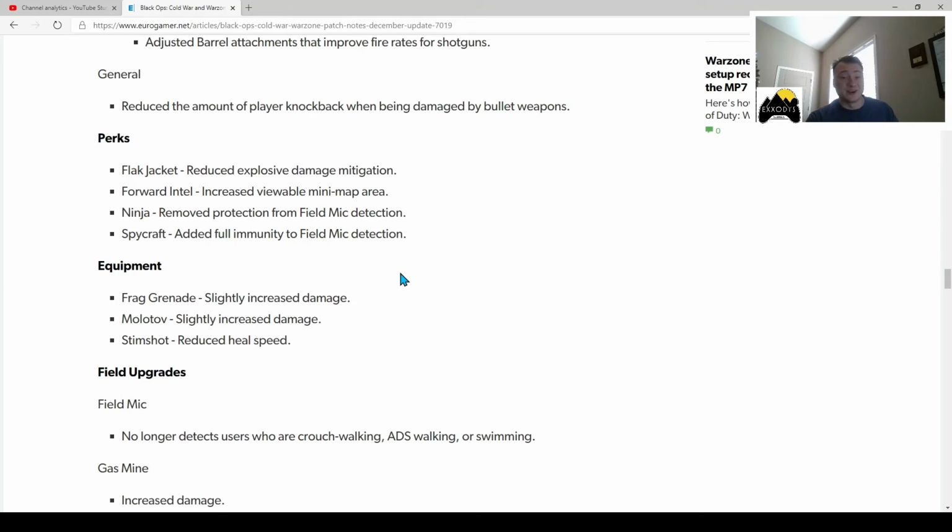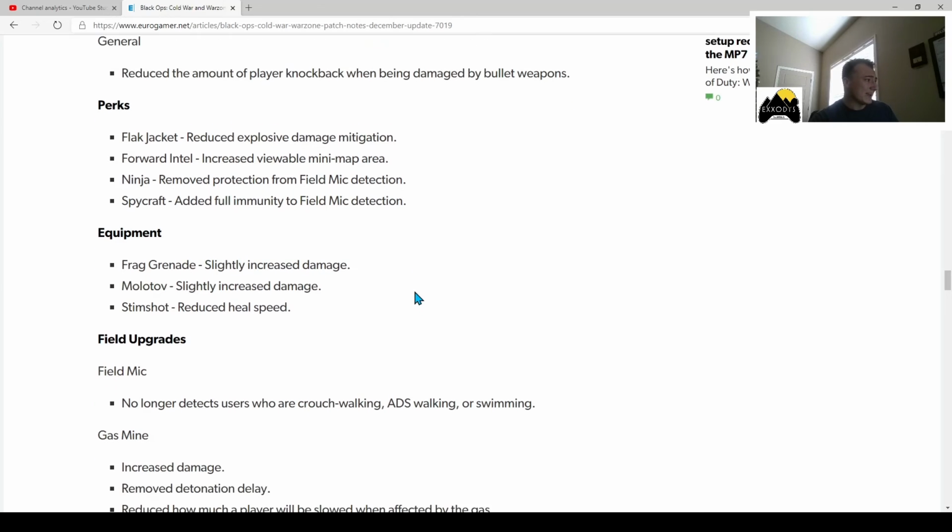Ninja, this is a big nerf. Remove protection from field mic detection, and then you added it to Spycraft. So that the third tier perks in the creative class are now going to be very heavy between Ghost, Ninja, and Spycraft, going to be the ones that people want to use. Myself, I think I'm still going to use Ninja and Ghost. I might add in Spycraft just because of the field mic detection, depending on if I'm playing Search and Destroy or something like that. It's going to be kind of like a match-to-match basis based on how many people are using